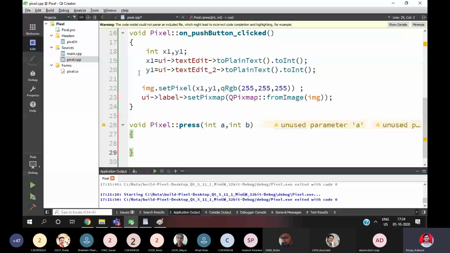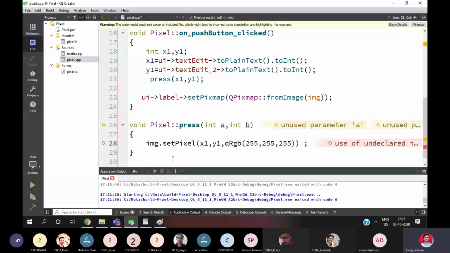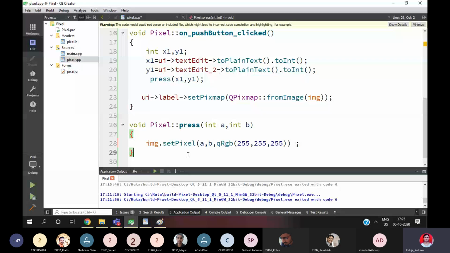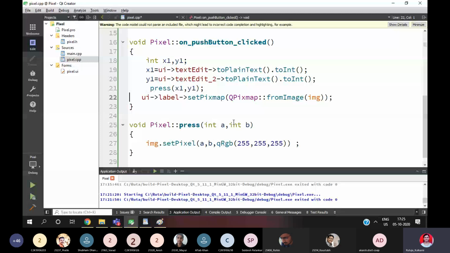Fine. And here I will call the function, pass the value x1 comma y1. Fine. You call the function. Here I will put the statement for drawing the pixel. It's not x1 now, it's a b. Okay. And if you run the code again,